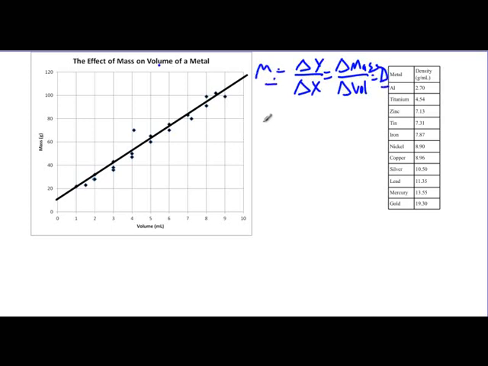Okay? So if I want to do the change in y over change in x, what I have to do is find 2 points that are on the line. So they've got to be on this black line. They do not need to be a data point. Okay, so I'm going to pick 2 that I think are relatively easy to read, and it looks like none of them actually are on the intersections. So I'm just going to pick this point right here,